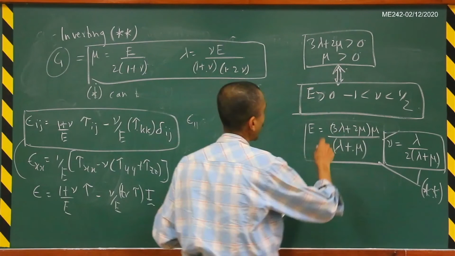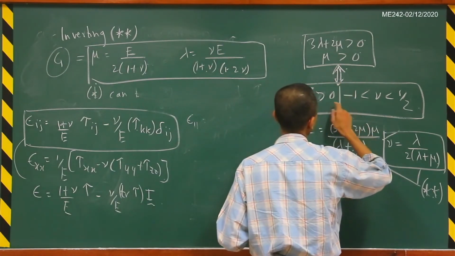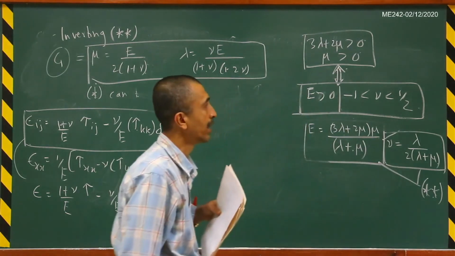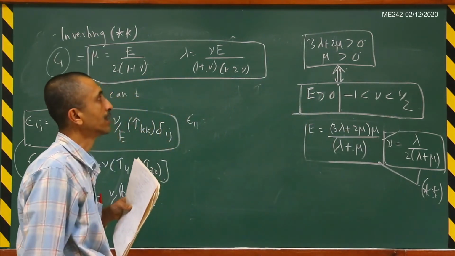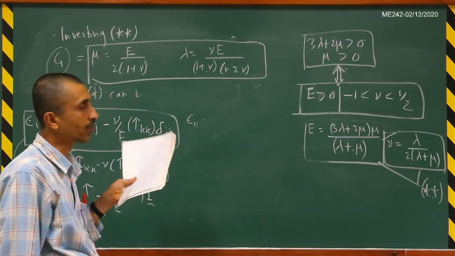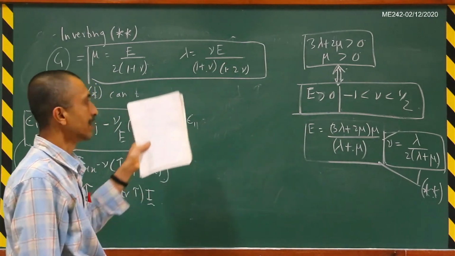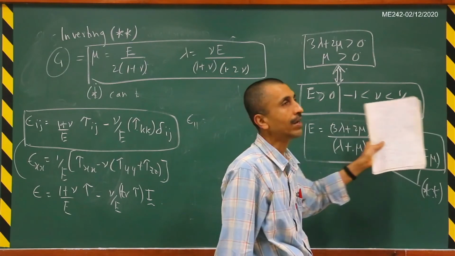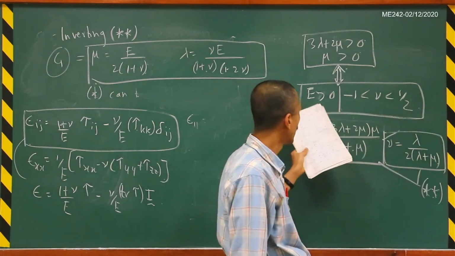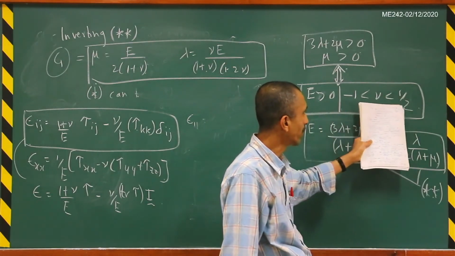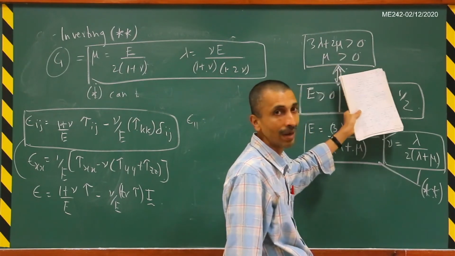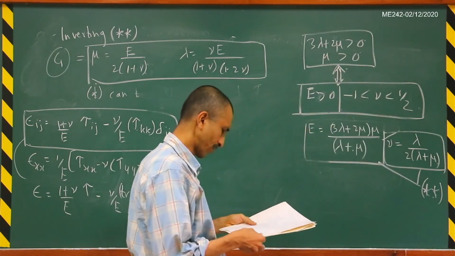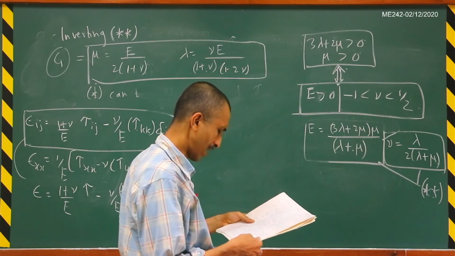So E greater than 0 and minus 1 less than mu less than half. So 3 lambda plus 2 mu greater than 0, mu greater than 0 implies that E greater than 0 and minus 1 less than mu less than half, or conversely E greater than 0 and minus 1 less than mu less than half implies that 3 lambda plus 2 mu greater than 0 and mu greater than 0. Okay, so now you will see that